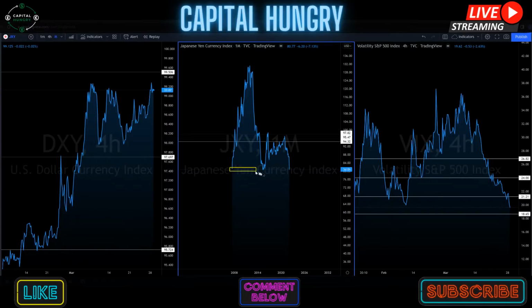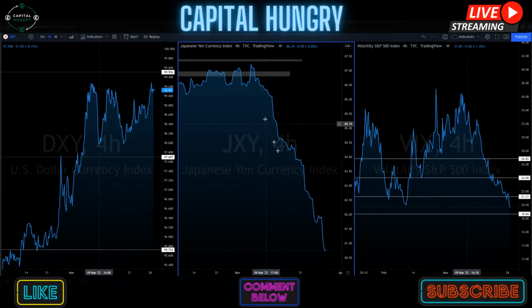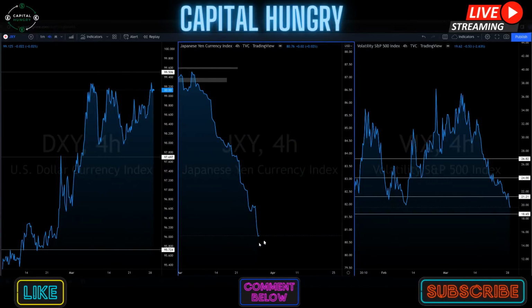This is just one thing that we have to look out for, that we might not break this area right away and we can get a very aggressive bounce from this area. Yes, we've been playing this yen weakness for months, but we have to be very cautious that we're coming down to 2008 and 2014 historical lows on the Japanese yen. Okay? So that's just something we have to look out for. But overall, in the intraday time frames, it's extremely bearish. We might get a potential aggressive bounce from here, which would lead to a pullback on our yen pairs. But overall, yen is very bearish.